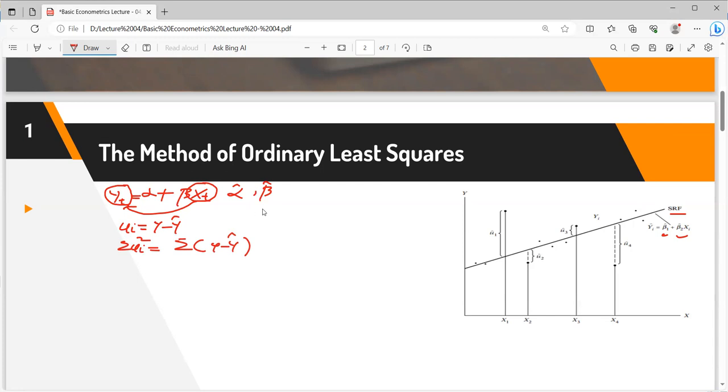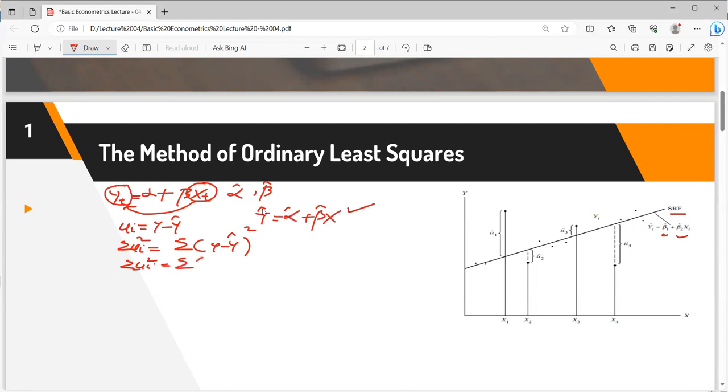You can say y hat is equal to alpha hat plus beta hat x. By putting the value of y hat in the equation, summation mu i square is equal to the square of